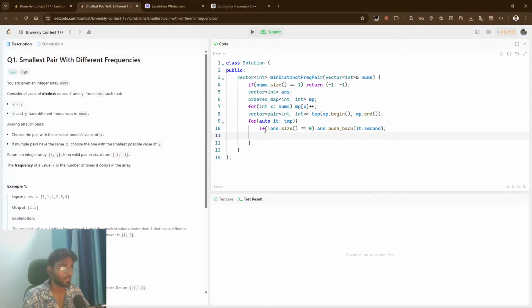Okay, if ans dot back equals it dot first. Okay, then ans dot